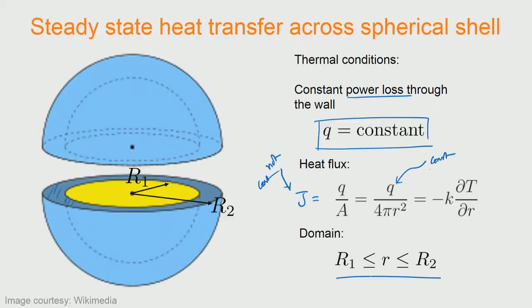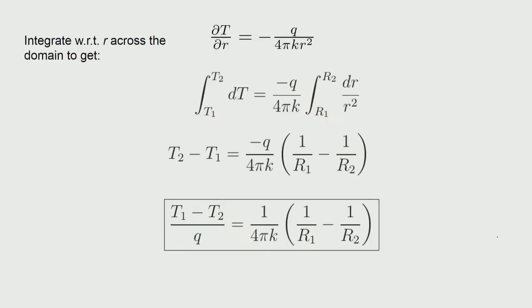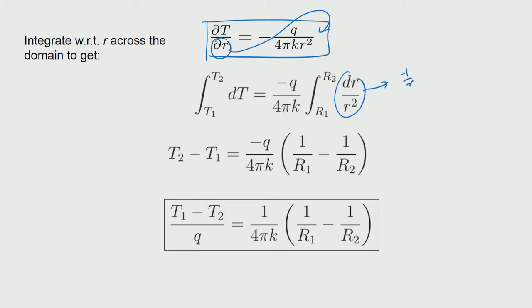Okay, so what we do is that we take this equation, we take the Q to the other side, and then we integrate. So we have this expression, and here the dr is taken to the other side, and we can immediately integrate. Now, when we integrate we get 1 by r because you have dr by r square. So, this should give us 1 by r with a minus sign, and therefore,